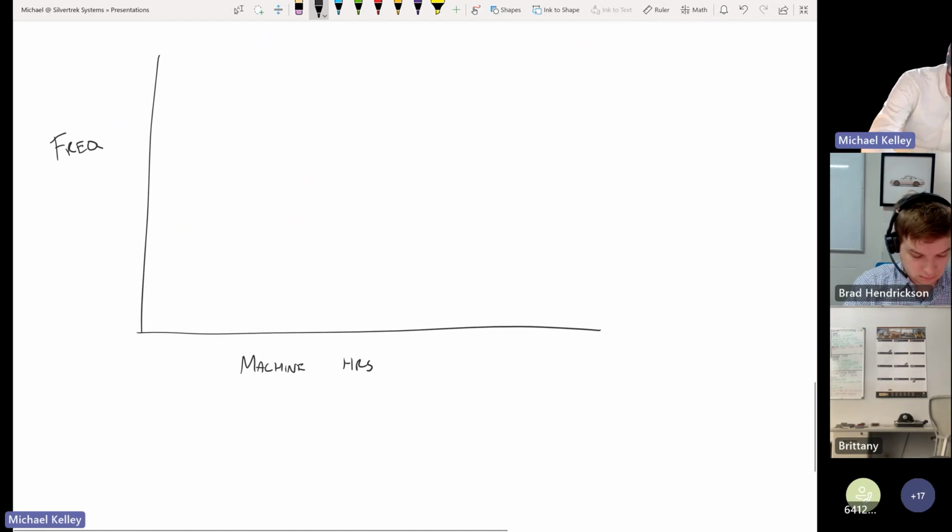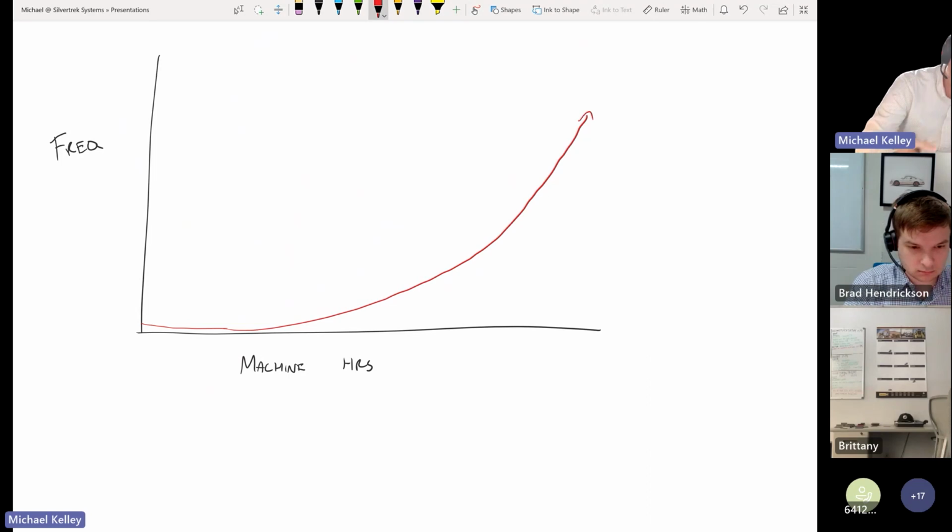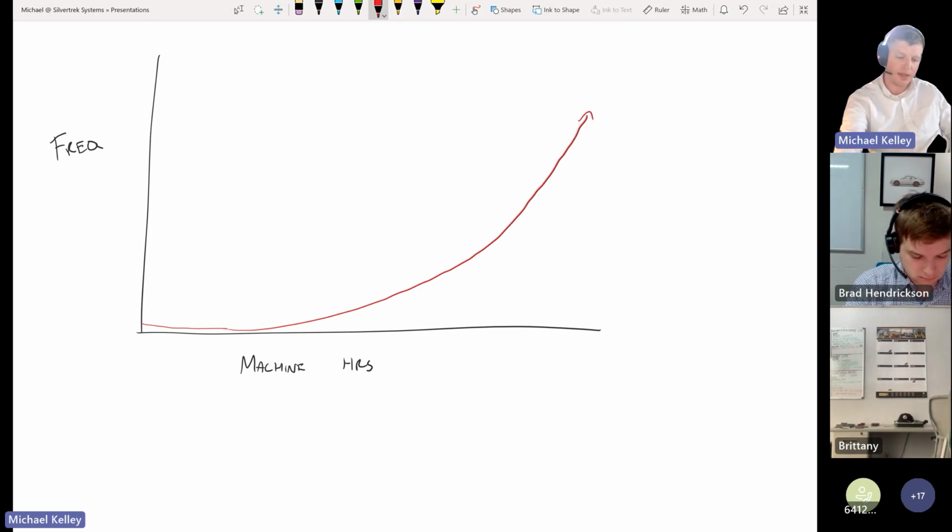We can start tracking how many red events happen. Of course, at the beginning of a machine's life, it's relatively low per 1,000 hours, and over time it curves up. And of course, any of you who have been around Vorster and his work know that it doesn't just go up linearly, but at the end of a machine's life, it actually has some sort of